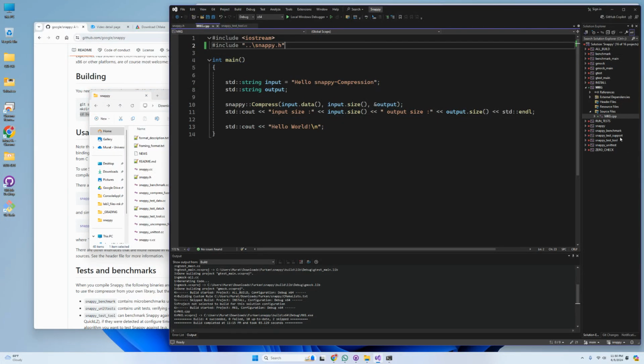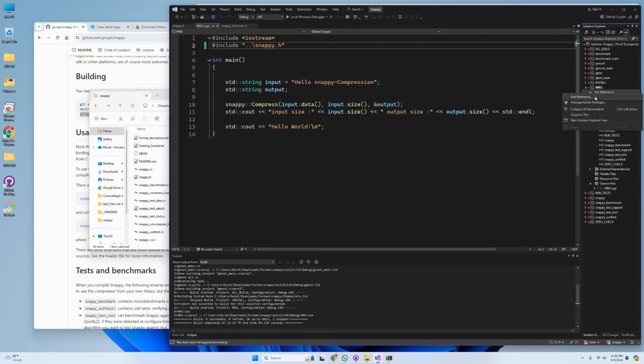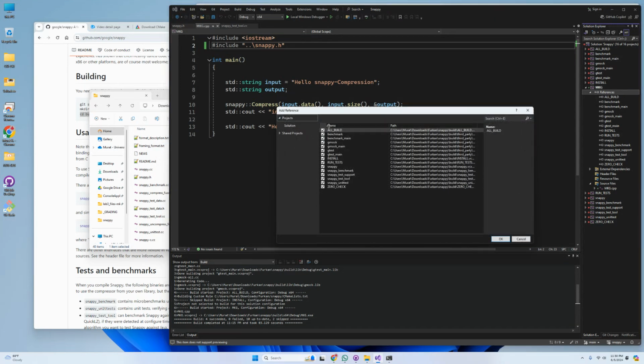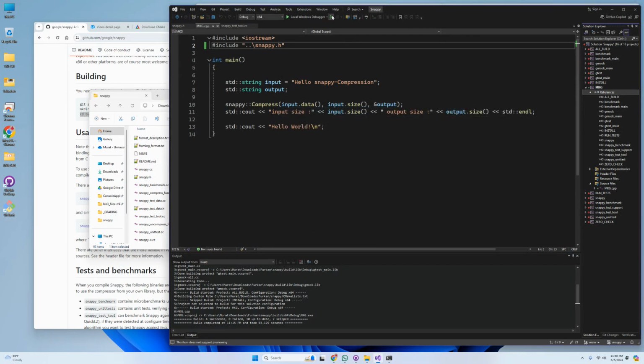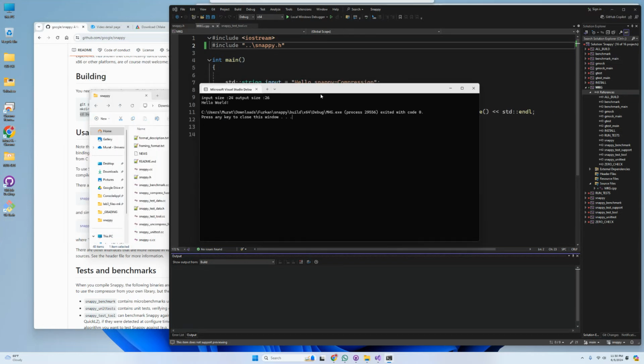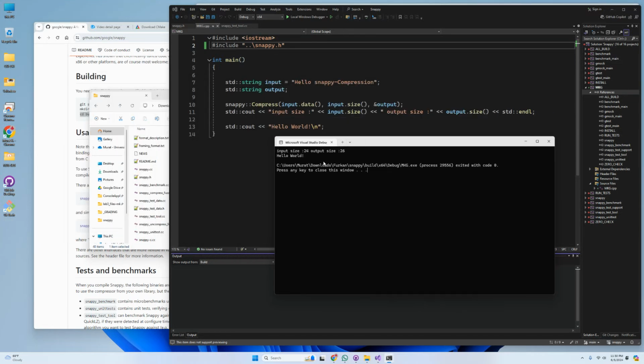Later on I had a bunch of problems, but I came to the references here. If you see, each project has references. So I right click over here and I said add references. I chose everything, and hit OK. And later on, I just hit this run button. I got this one. I don't know whether this is doing it correctly because input size is 24, output size is